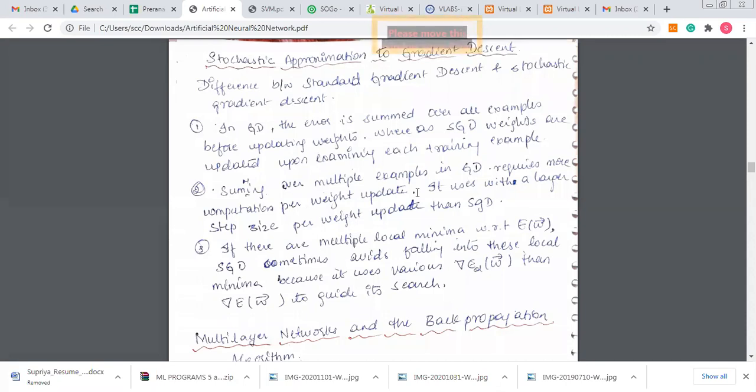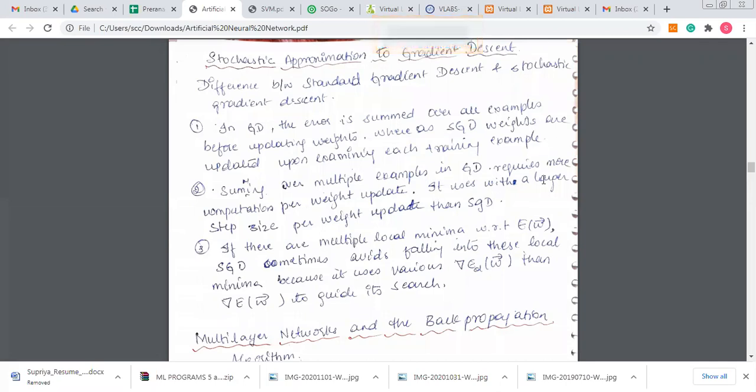I have to do W1 into X1, W2 into X2, W3 into X3, and so on. If I have 1,000 samples, up to Wn into Xn, that summation operation itself is a huge computation.